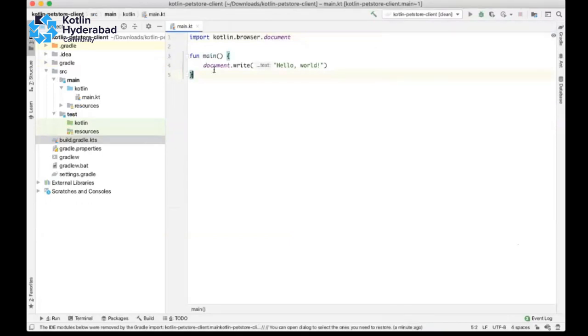If you see here, this is the main file, main.kt. This document is the browser object, which you access when you run the browser to reach the DOM. In the same way we are going to have a document object, and to the document object we are just writing hello world. Let me run this application.